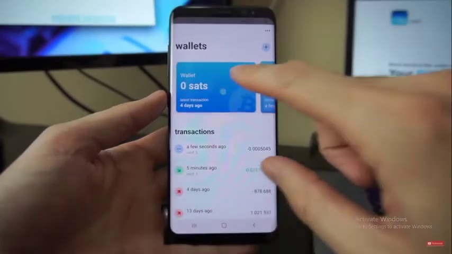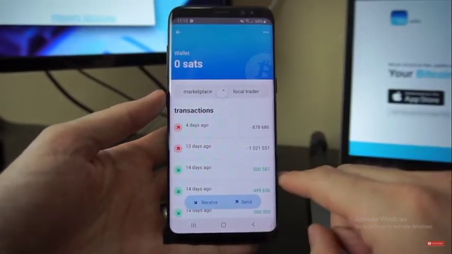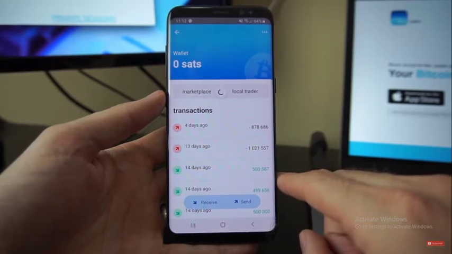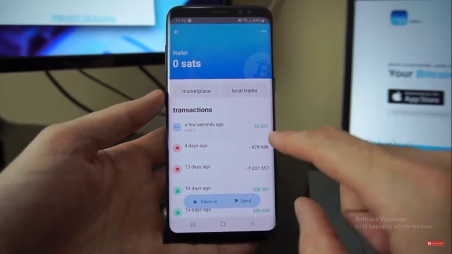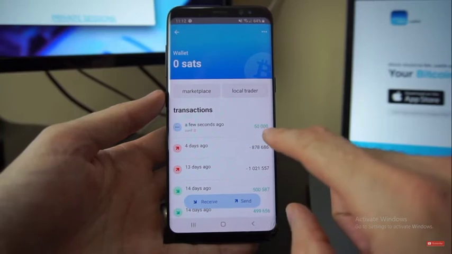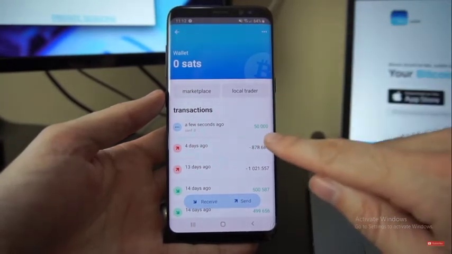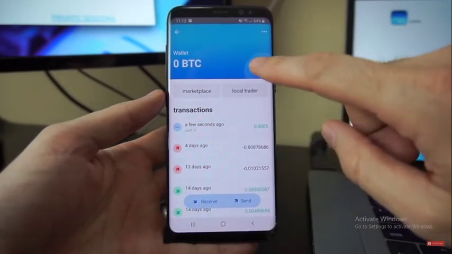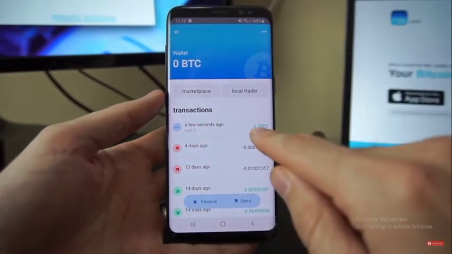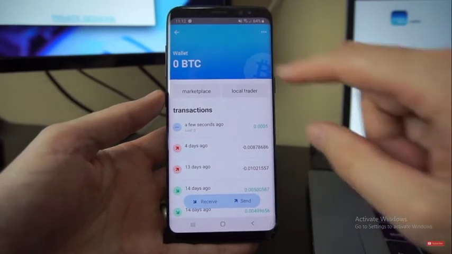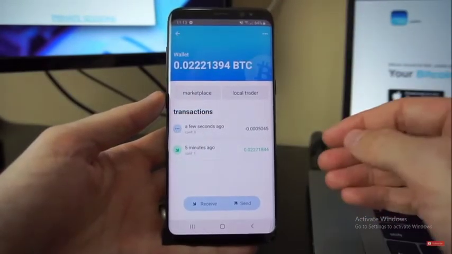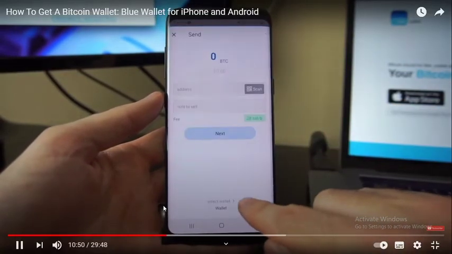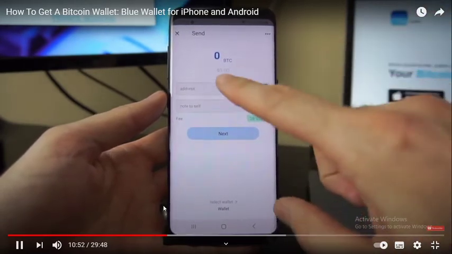If I head over to this wallet and I hit refresh, I can see an incoming transaction for, this is denominated in sats, so that's why you see the difference there, 50,000, but I can tap and it'll show dollars, or it'll show in Bitcoin 0.0005, which is what we sent out. Now, a couple other things when it comes to sending here that we should note,